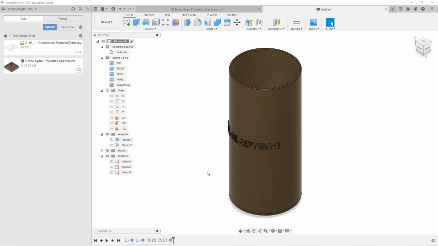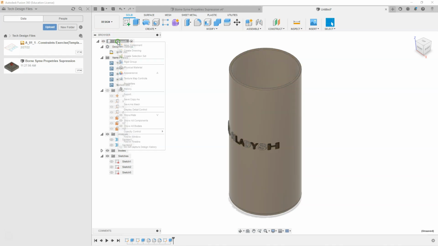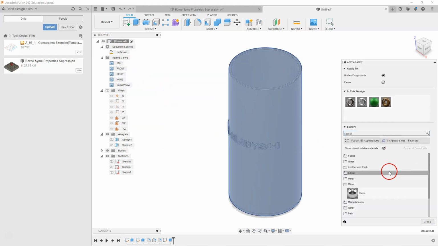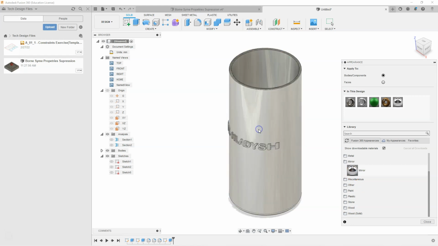We also have the option of changing the appearance. So maybe we've got the right material on there, so we've got the right weight, but we want to change the appearance, just the appearance, not the material. We can right click on there or select A, the shortcut for appearance, and we're going to follow the exact same procedures. Go down to the appearance that we like. I'll use the mirror on here, and I'll drag that onto there. So now it becomes a mirror,